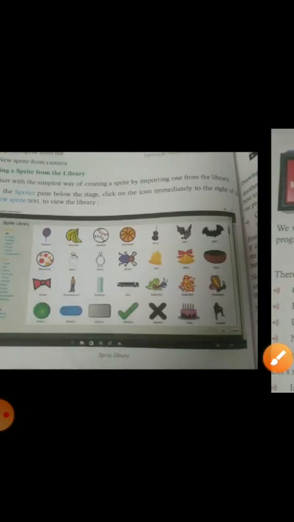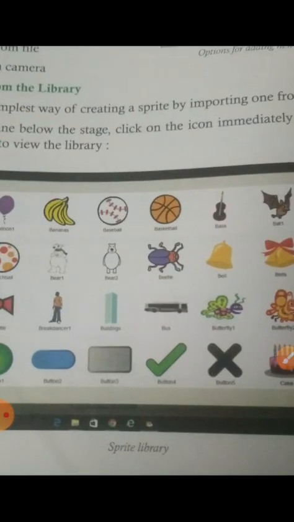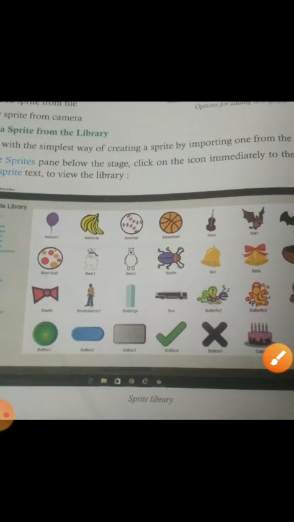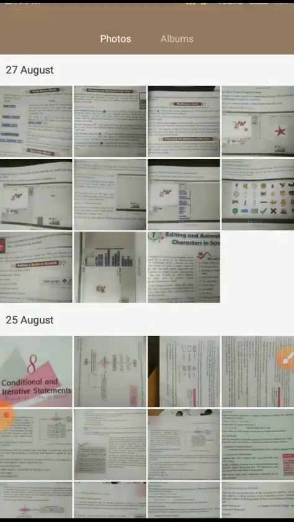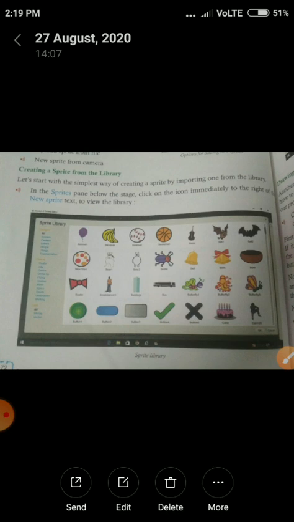If we click that icon, we get this screen. This is the library of Scratch programming. Here so many icons or sprites are present. We can choose a sprite from the library.